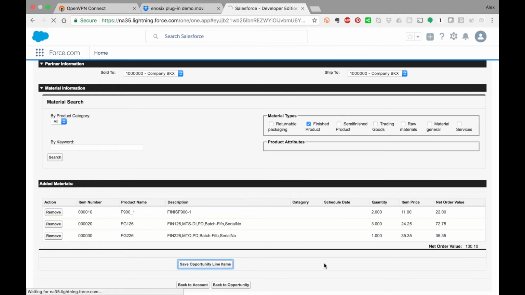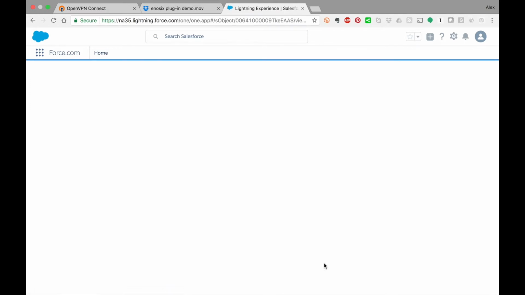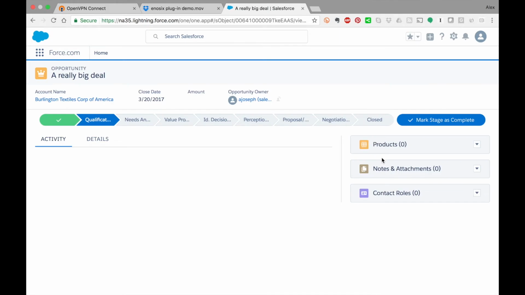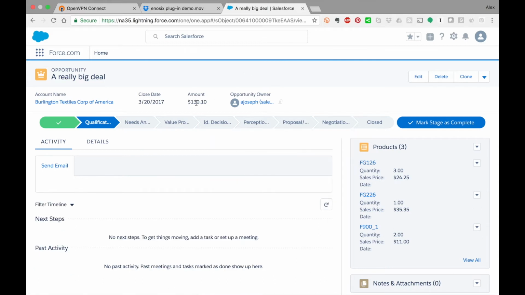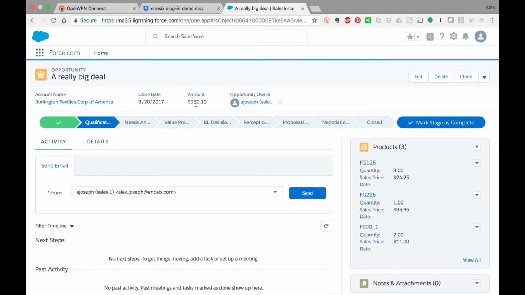So I'm going to go and say save opportunity line items. When I do that, it's actually going to now create those materials, and it's going to save the opportunity value to a standard Salesforce object. So this is what we're talking about, the mashup of the data, right? I'm able to go to SAP, retrieve this information, save it into a Salesforce object, and now it's available for me to report on. So if I ran my opportunity pipeline report, you would see that it would be increased by this value of $130.10. And it has also gone ahead and stored these products from SAP